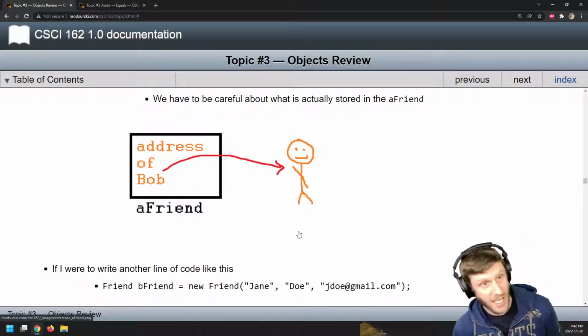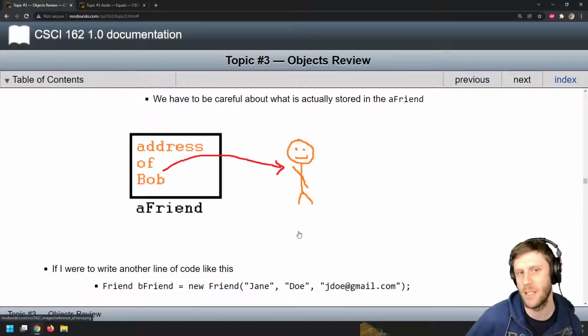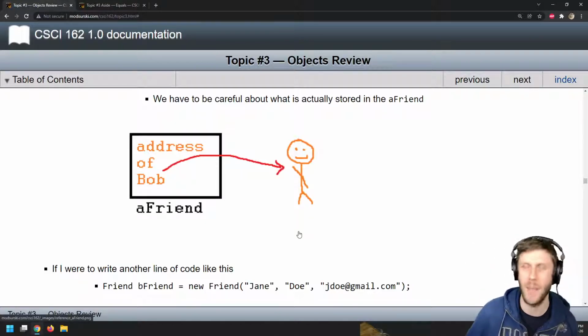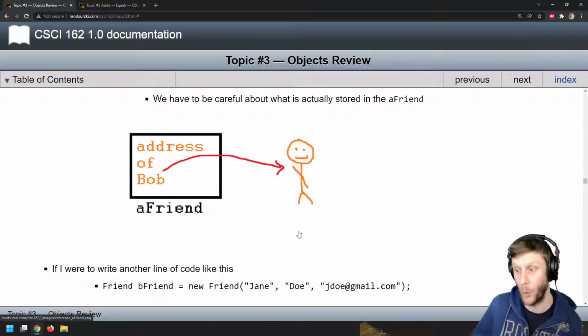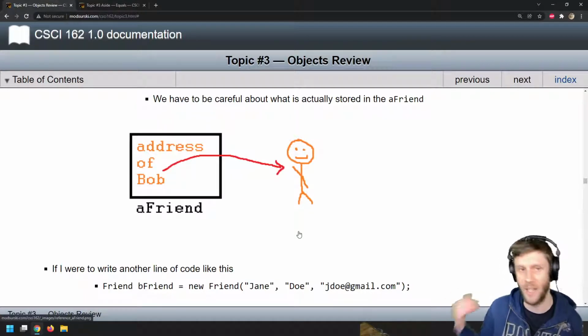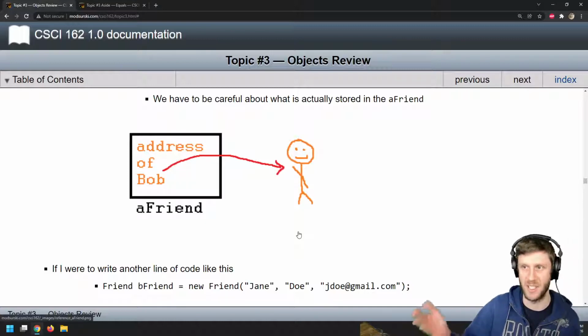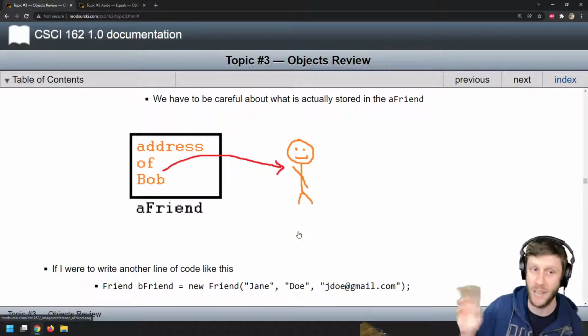When it's an object, it doesn't work like that. Because I know how many zeros and ones an integer takes up. So if I want to make an integer variable, I can go set aside the appropriate number of zeros and ones, the appropriate number of transistors in my computer to hold on to that information. When it's an object, well, we have strings. How long is the string? How much room does each character take? How many strings are on that? There's a lot that can be going on. So what